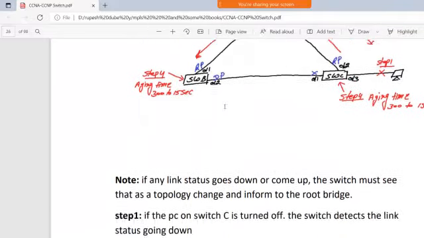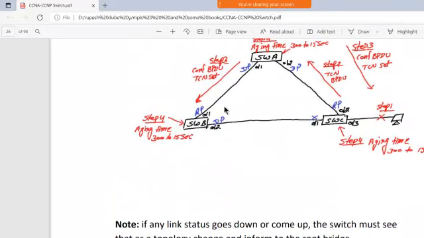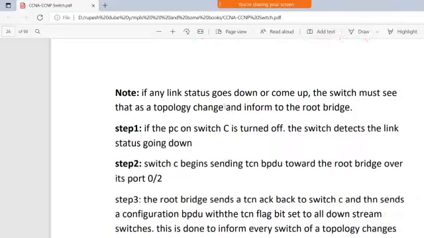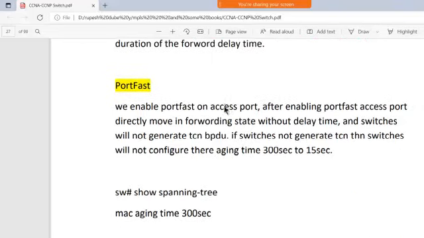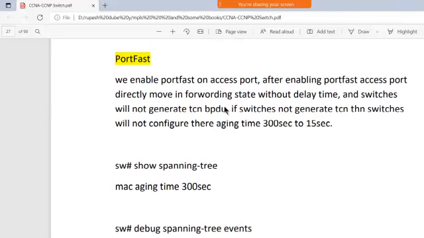Now, for avoiding the insignificant topology change: it is going to inform the root bridge, and then the root bridge is going to take the 300 seconds to check all the information regarding that. So how can we avoid it? By using PortFast, right?